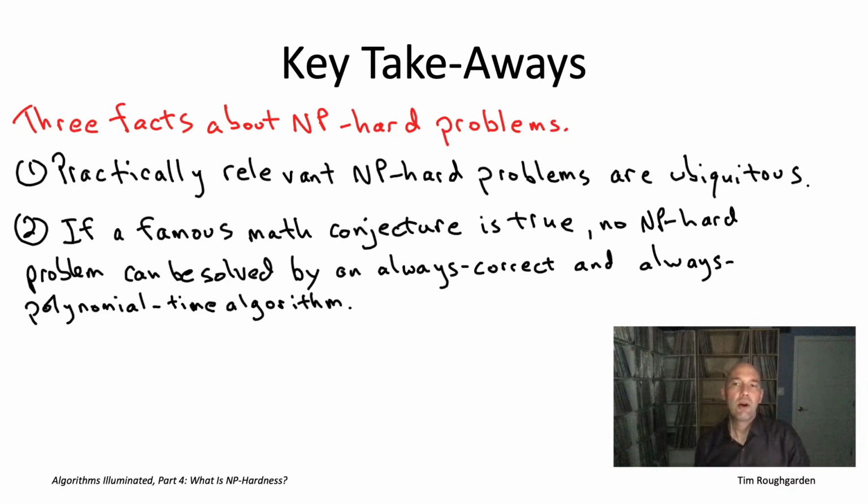We'll get back to algorithmic strategies for tackling NP-hard problems soon enough. But in the next video, I want to talk a little bit about this question: how can you recognize NP-hard problems in your own work so that you don't waste time trying to design a perfect algorithm for them? It turns out there's a very simple two-step recipe for recognizing that problems are NP-hard, and I want to give you a glimpse of that in the next video. So see you then.